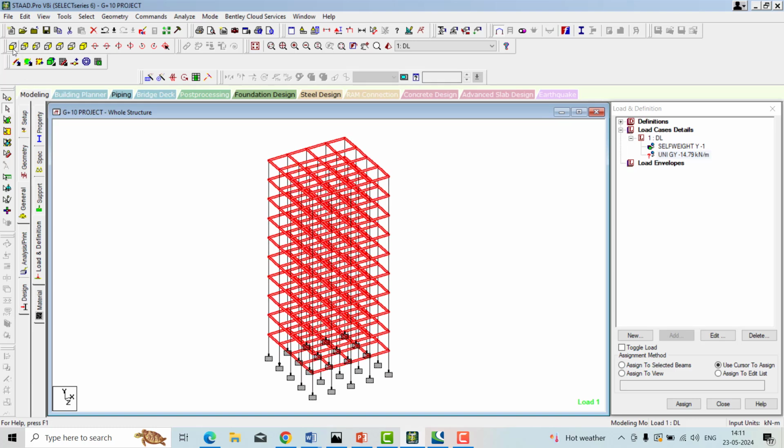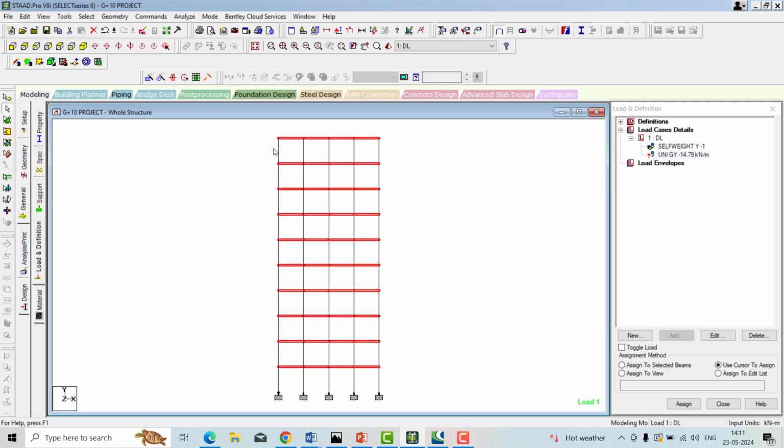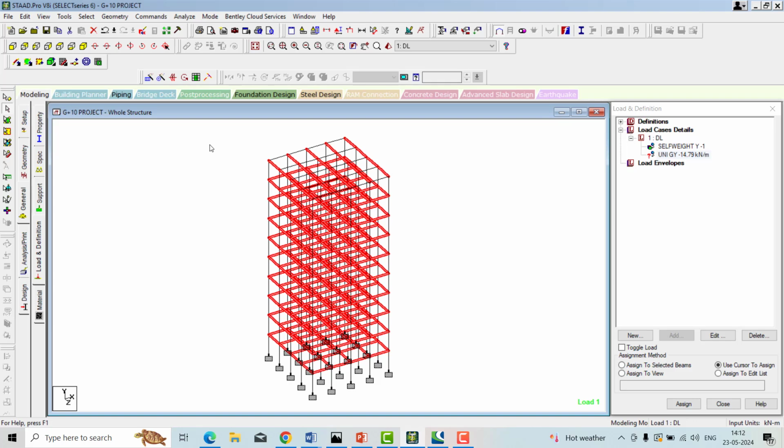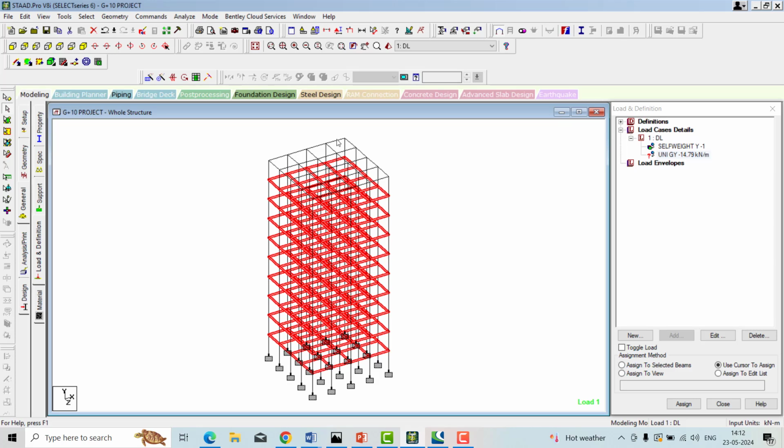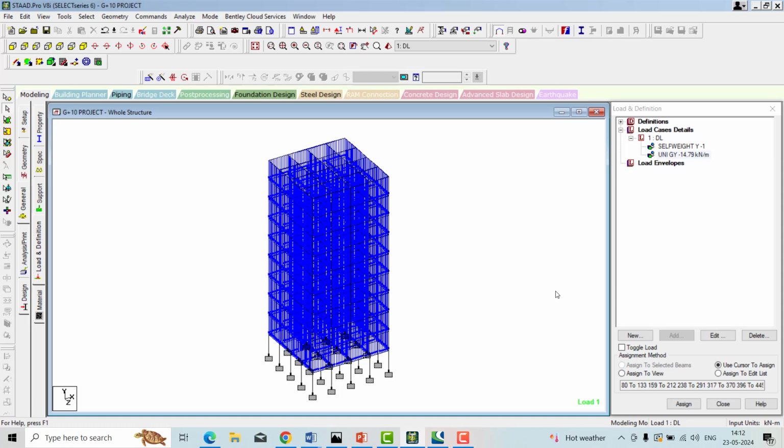If you want to deselect, again I am just going with the front view, and then hold the control button and click over those unwanted members, so this is how you can deselect the unwanted part. Confirm it in 3D. Again I go with the other views and deselect by pressing control. Come to the 3D and have a look. For these beams I want to apply the wall load. Make sure you click on this uniform wall load and then assign to selected beams, assign yes. So this is the main wall.